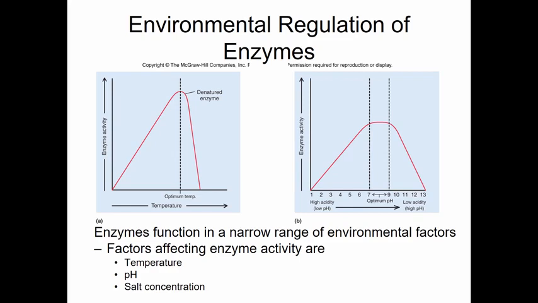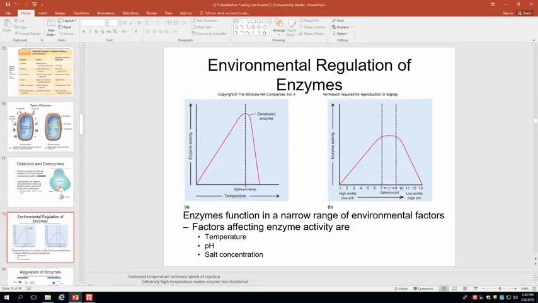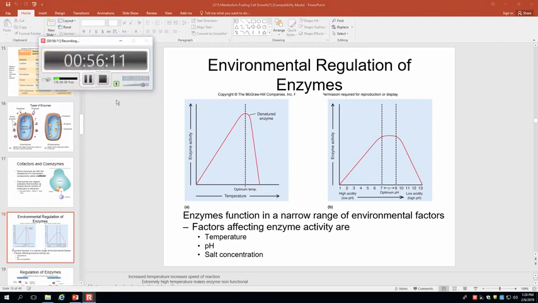Same thing happens with pH. So when we talk about regulating organism growth, and when we talk about all of these different factors that are really important for the organisms to grow and divide, we're all coming back to the enzymes. What are the enzymes made of again? Proteins. Okay? All right.